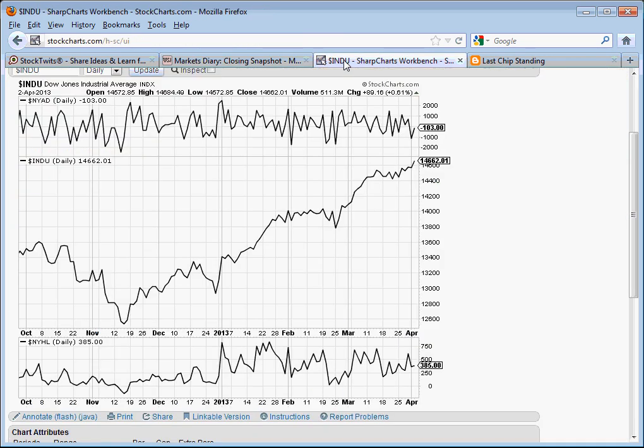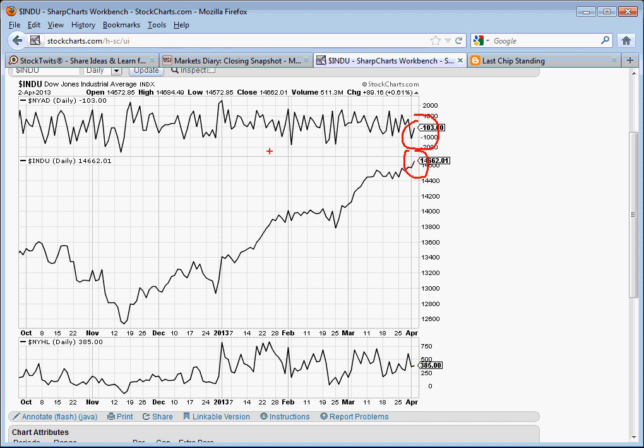Let's take a look at the chart here first. As you can see, here's the updated chart. You can see that right here, this advance decline actually is minus 103. That indicates that there are 103 more declining issues than advancing issues. And also the new high, new low, it's not really moving up.